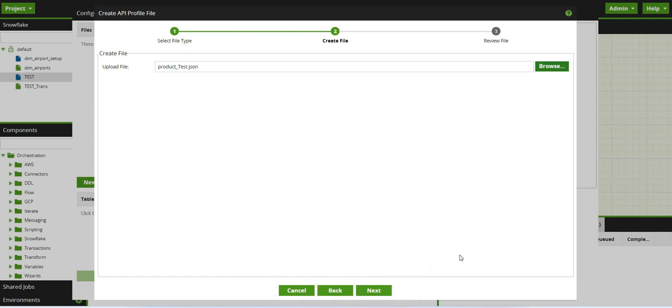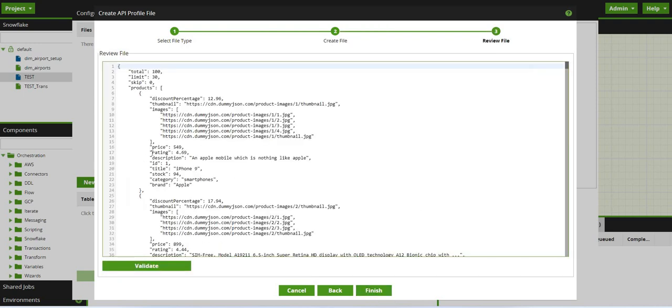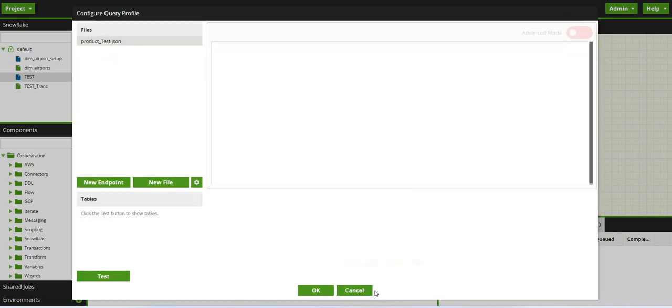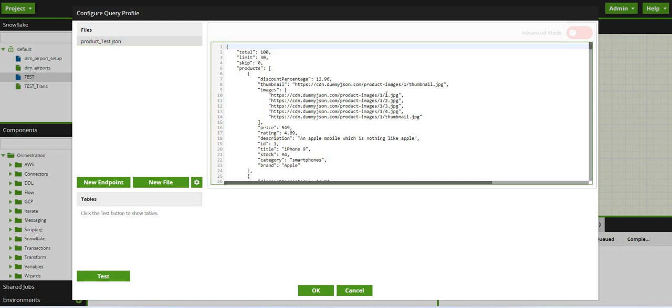Click next. You can see this JSON format. If you want to validate, you can select validate and check for errors. There are no errors, so I am clicking on finish. Now the product JSON file has been created.